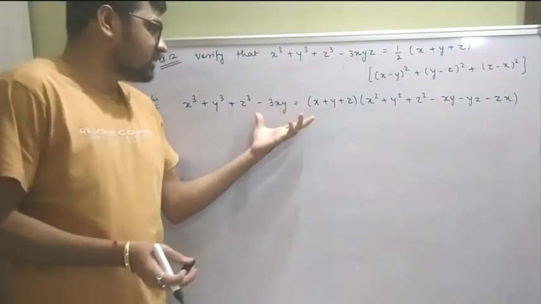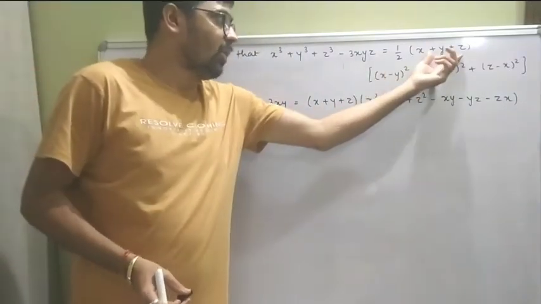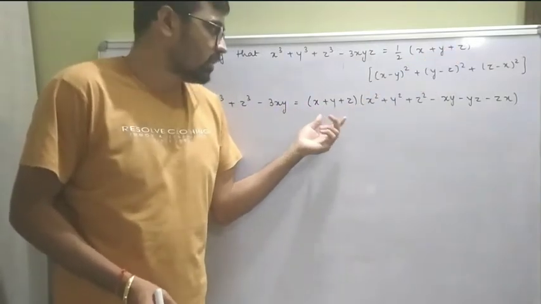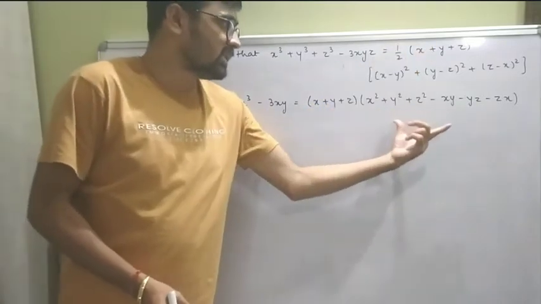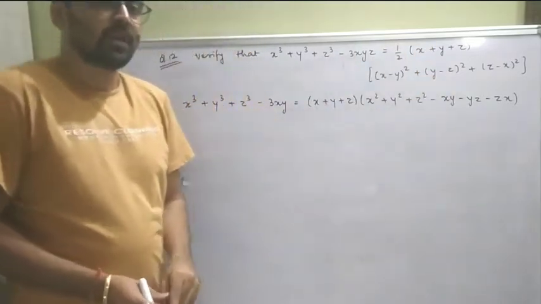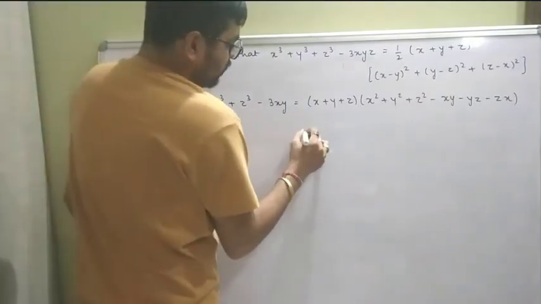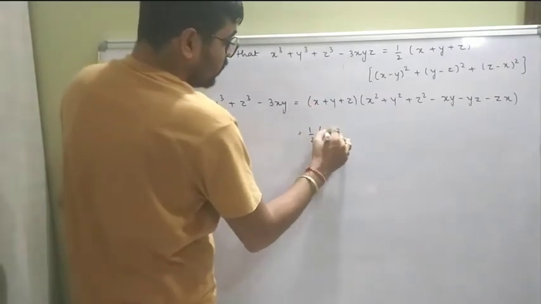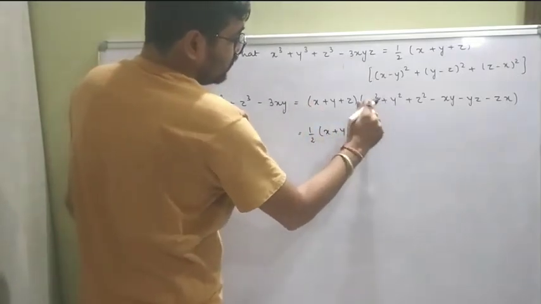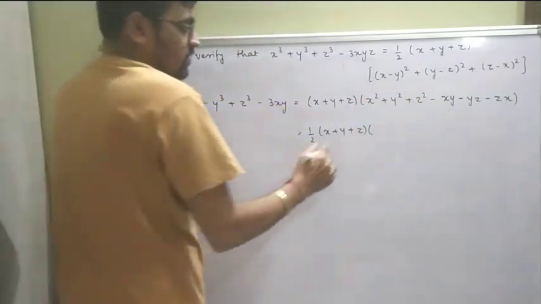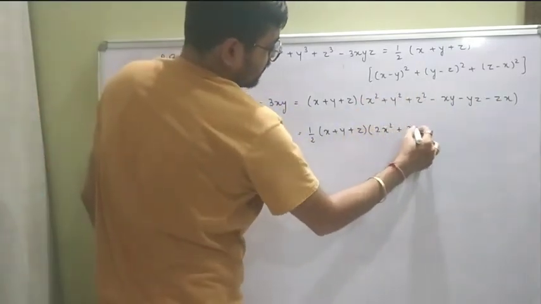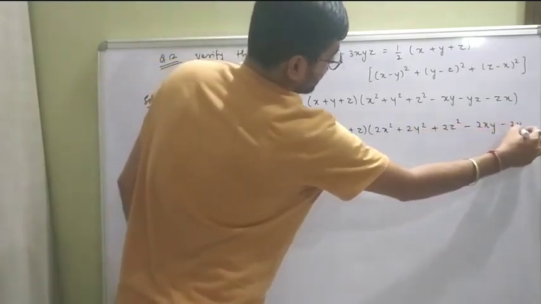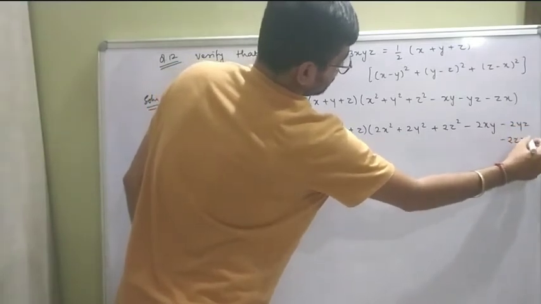Now from this, how can we reach this? Because I already have x plus y plus z here, I already got it into the identity, so I don't need to somehow get to that point. What I need to adjust is this bracket into this one with half outside. So what I am going to do is multiply and divide it by 2. But the 2 from the multiplication, I am going to give to this bracket. Correct? So this bracket becomes 2x square plus 2y square plus 2z square minus 2xy minus 2yz minus 2zx.